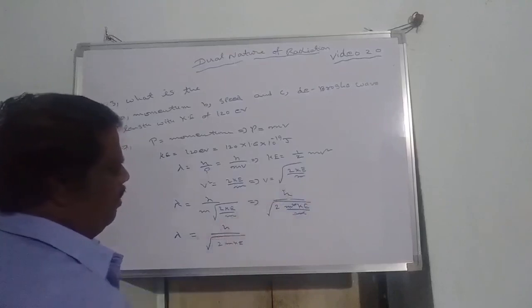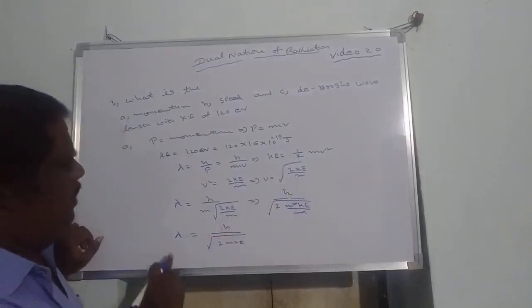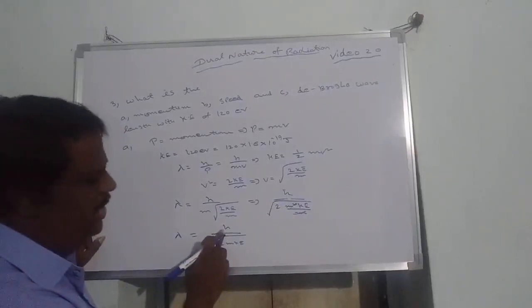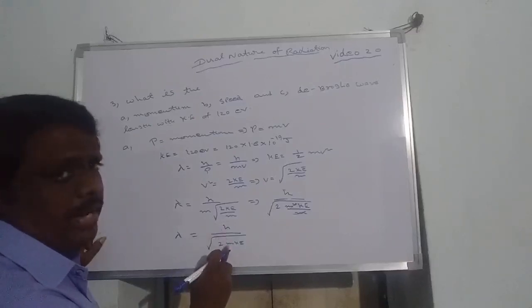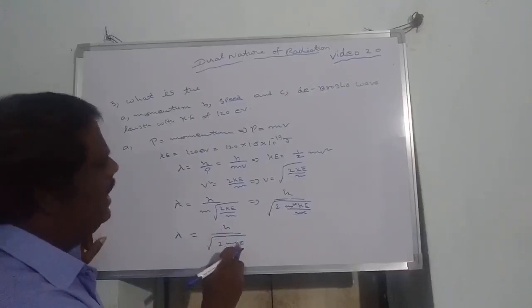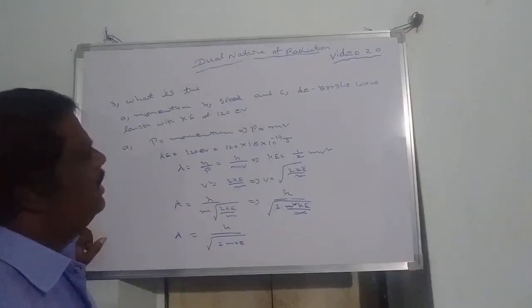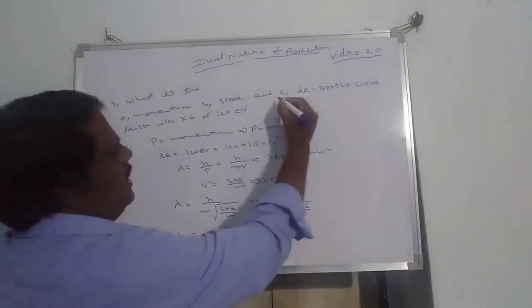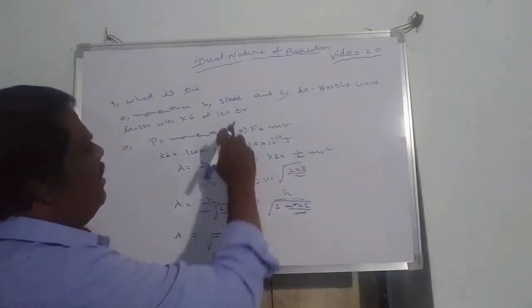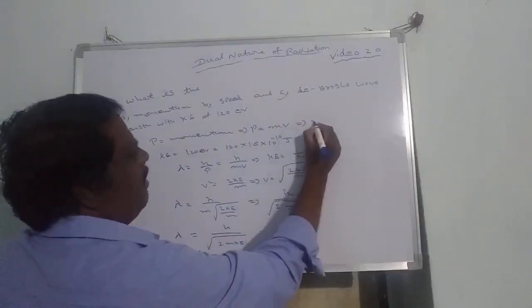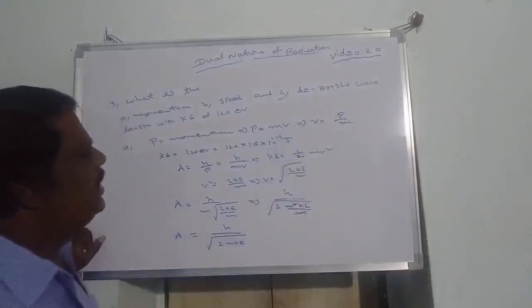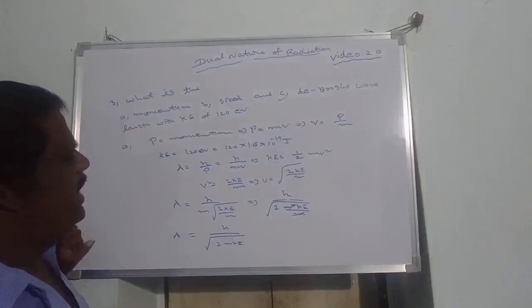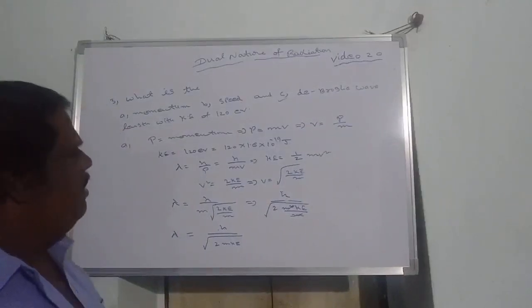So lambda is equal to h by root of 2mK. So wavelength lambda is equal to h value 6.67 into 10 power minus 34. Here we write the mass of the electron, and the kinetic energy is given. From this we can calculate the wavelength. They are asking the de Broglie wavelength. How do we calculate the speed? Speed, we calculate v is equal to p by m. In this way we can calculate the three terms. Okay, one by one we will calculate.